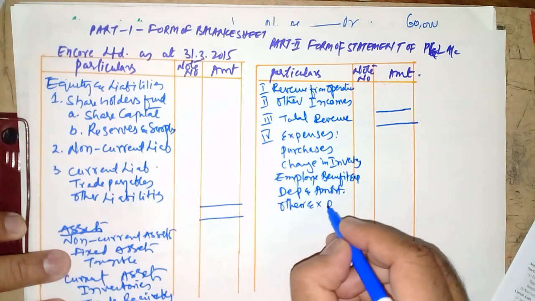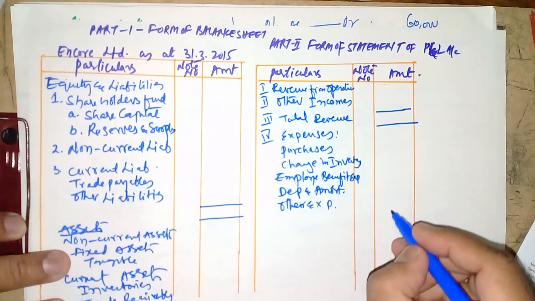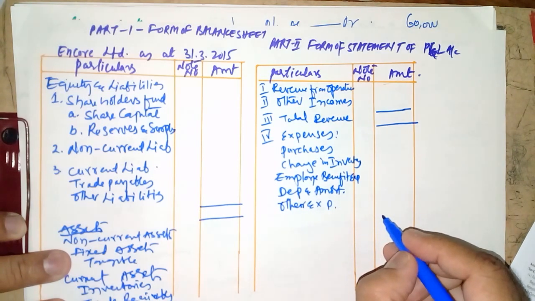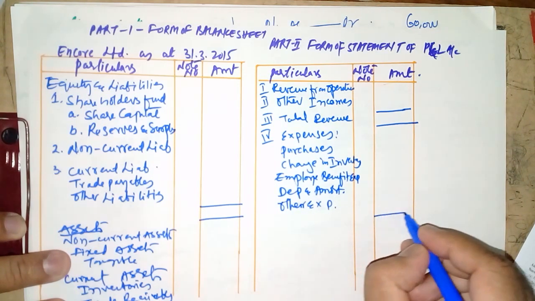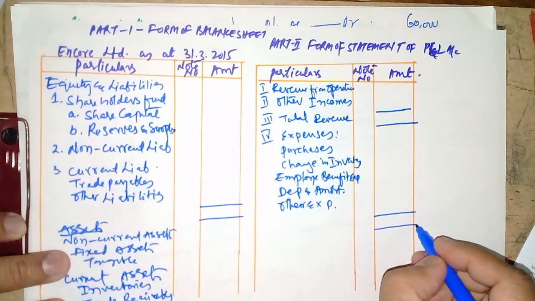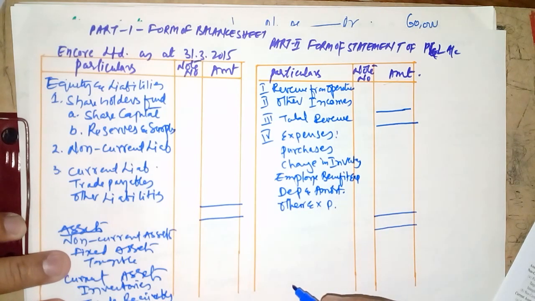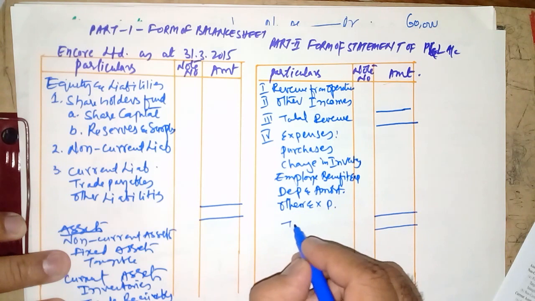So other expenses, then make the summation, so you will get total expenses,